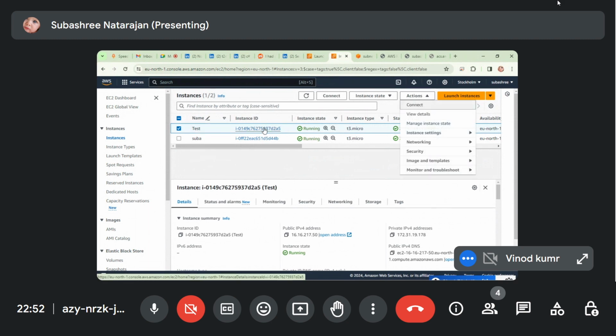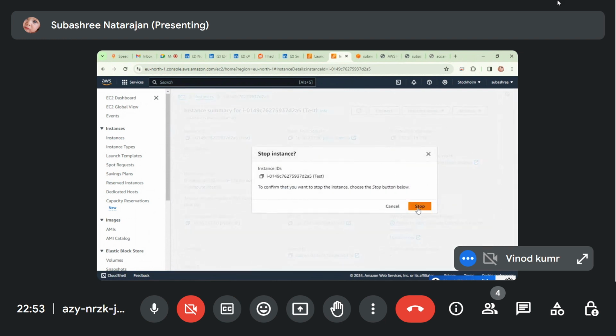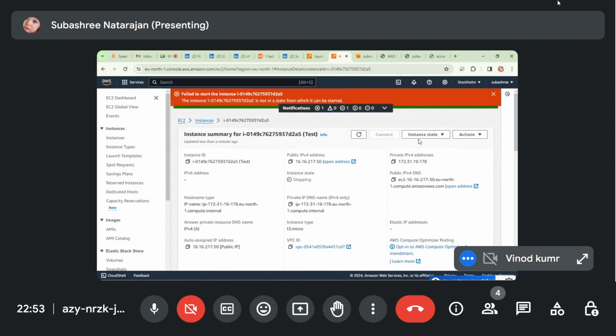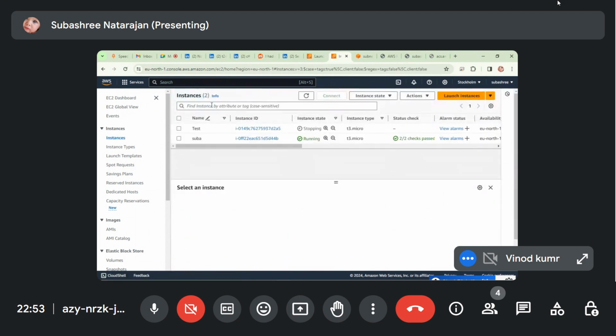Go to that instance ID and instance state, stop. Yeah, then start the instance. You have to wait there. Go to instances. Now it's stopping, still stopping, not stopped. You can reload it.